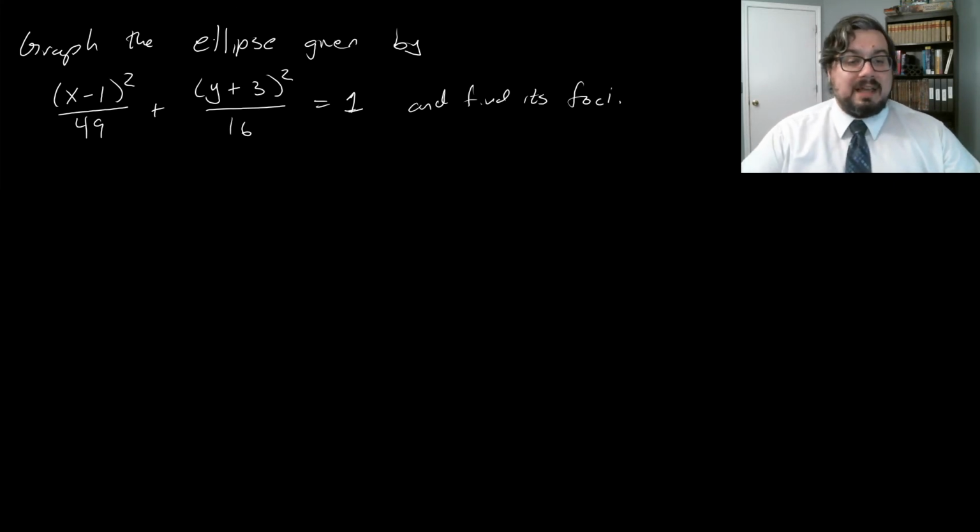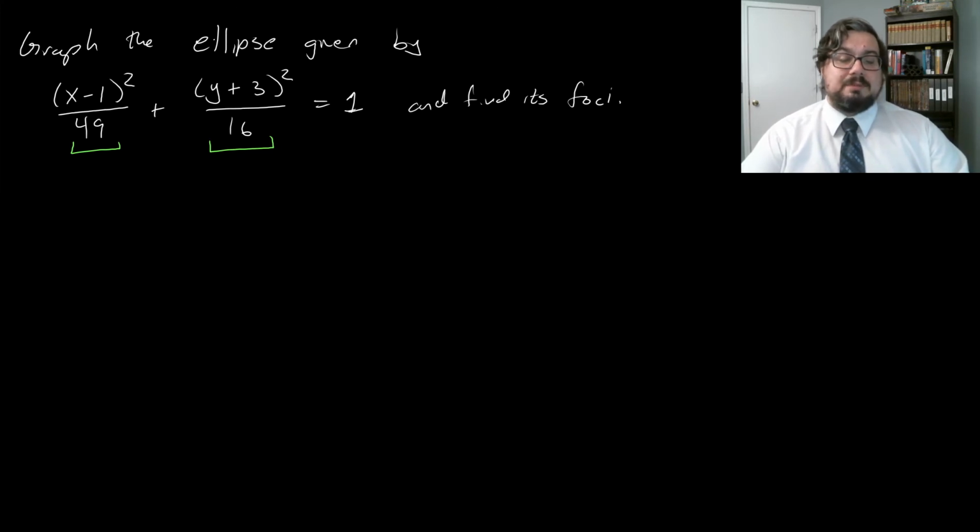So the way that I like to do this is the following. First, we want to identify which way our ellipse is oriented. From here, we can see that the ellipse is going to be oriented horizontally because the x term has the greater denominator. So we're horizontal,